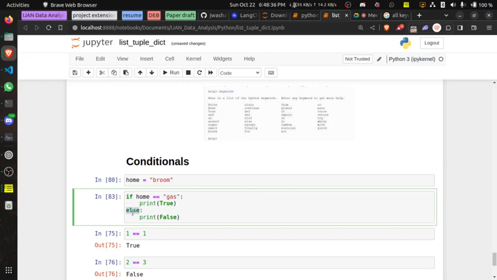Now with this else, I have to press the enter button.